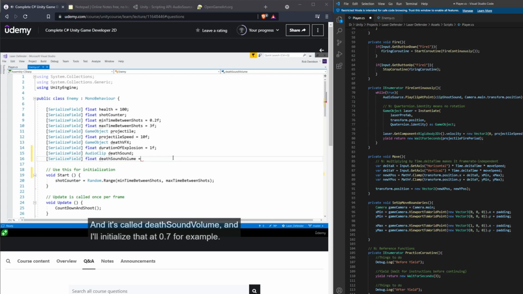I'll initialize that at 0.7, for example. And it ranges from 0 to 1. So 0.7, I need an F on the end. 0.7 means it's just under three-quarters of the volume. We'll make this easy for my example, so it's three-quarters of maximum volume. Now, one more thing we can do in here while we're creating our death sound volume is we know that this runs from 0 to 1. So therefore, what we can do is jump back